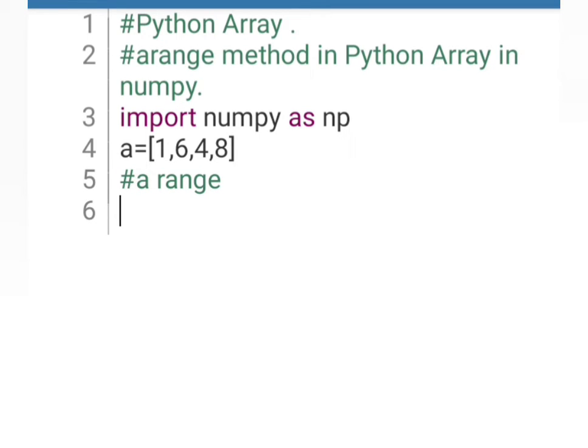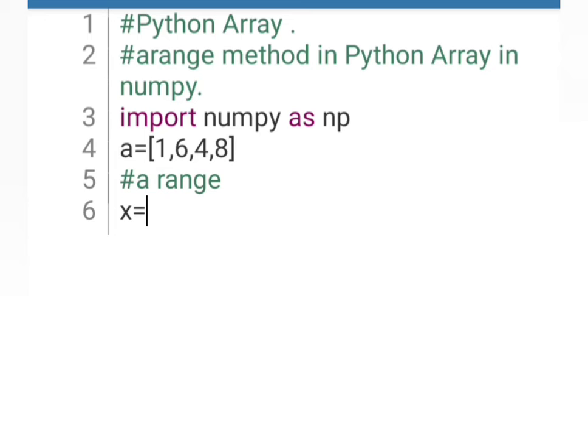Say you have declared your array name as x equals to. I think you all know that we have imported numpy as np. So whatever operation we perform here starts with np dot, and then the function or method name.